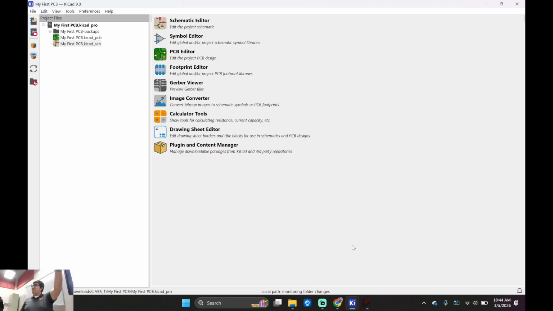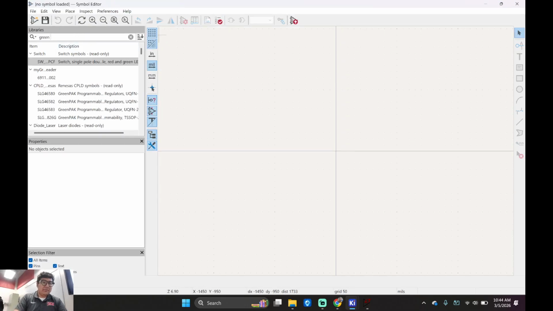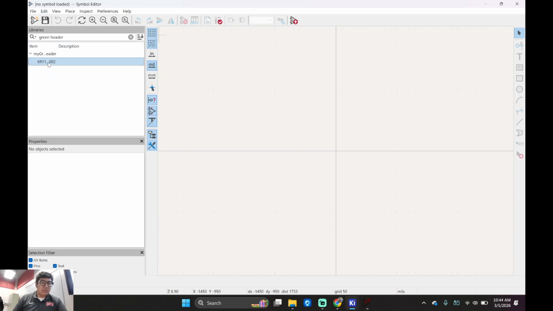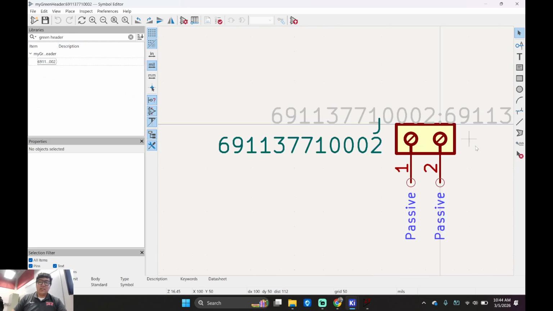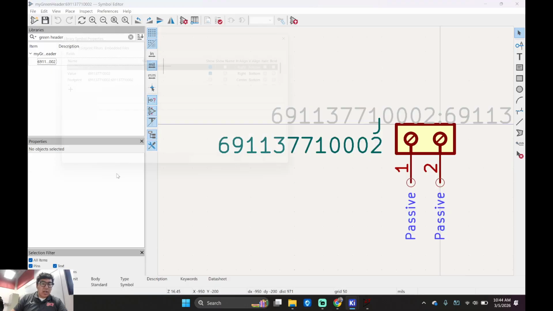Boom. We've linked the symbol, right? We've linked the footprint, right? But now we got to do something magical with the actual symbols. So let's go to Symbol Editor. Let's find that green header. Right? There it is. Correct? What's the next thing we're going to do? We're going to link this together with the symbol properties, right?